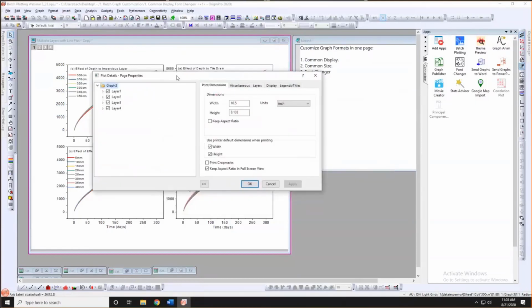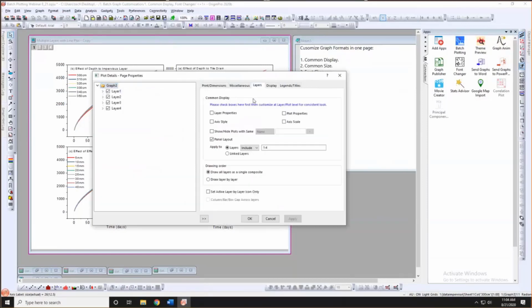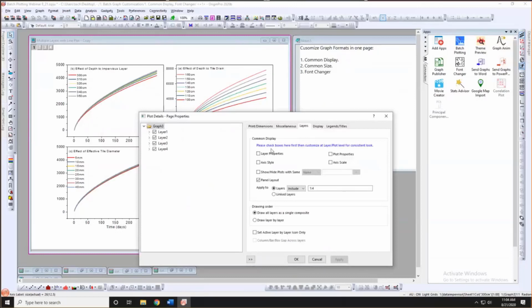So here I'm going to show you the common display setting. If you double click on the graph and go to the Plot Details dialog, and select Graph 3, which is the page level settings, and come to this Layers tab, you will see this Common Display node. If you check these boxes, which correspond to properties of the graph, like the layer properties, which is the background of the layer, the plot properties, like the color of the curves or the thickness of the lines, and the axis styles, like the tick labels and font,